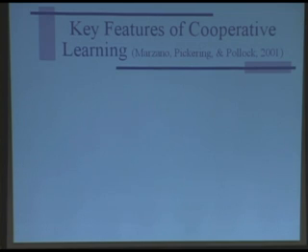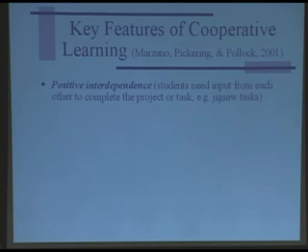I also discovered that what I was doing fit under the concept of collaborative learning or cooperative learning, which I think is a broader concept than problem-based learning. And I found some of the key features in this book by Marzano, Pickering, and Pollock that there's a reference for on your handout. One key feature is positive interdependence. Students each have either a unique role or a unique set of materials that they bring to the group. No one person can take it over. Everybody has a role to play and contributes, and sometimes this is referred to as a jigsaw method.